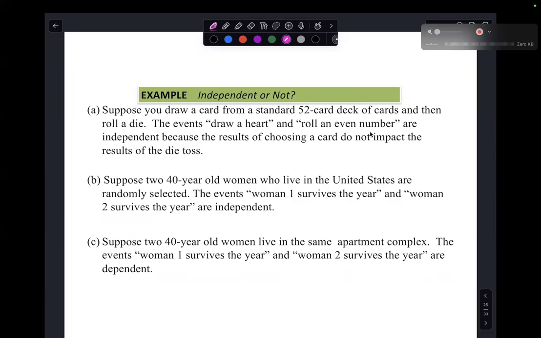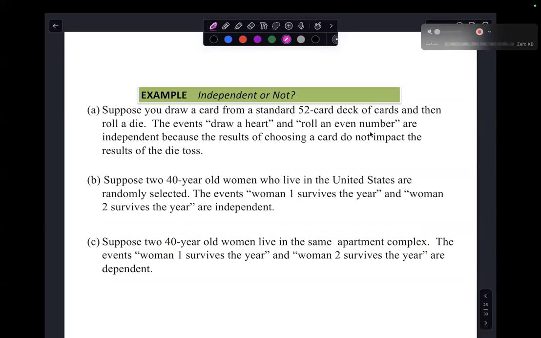So suppose two 40-year-old women who live in the United States are randomly selected. The events woman 1 survives the year and woman 2 survives the year. Those are independent. If I took all 40-year-old women in the whole US and randomly chose two of them, they're not likely to know each other. There's enough of them out there that those two women are not likely to know each other or have anything in common or affect each other at all. However, letter C,